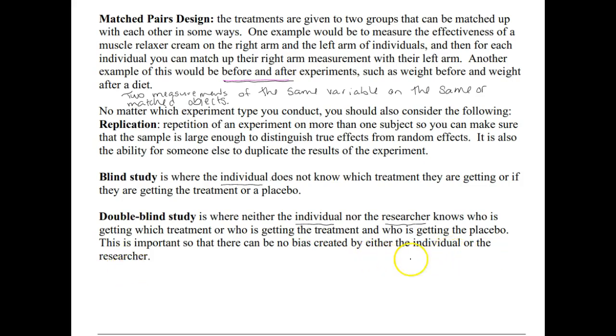Okay, so this is important so that there can be no bias created by either the individual or the researcher. Just like the placebo effect with individuals when they think they're receiving a treatment, there's also some effect by the doctor as well, that they convey a message to you, whether they try to or not, and thinking that, if they know that you're getting the treatment, that they kind of almost tell you you're getting better, versus ones who are getting the placebo. So a double-blind study where neither the individual nor the researcher doctor knows who's getting what.